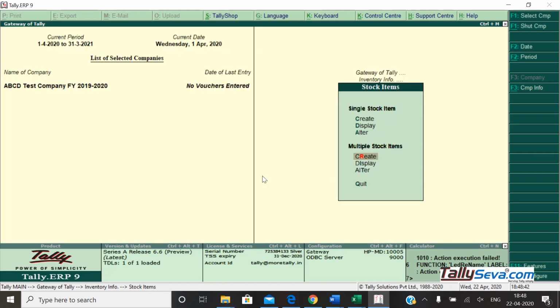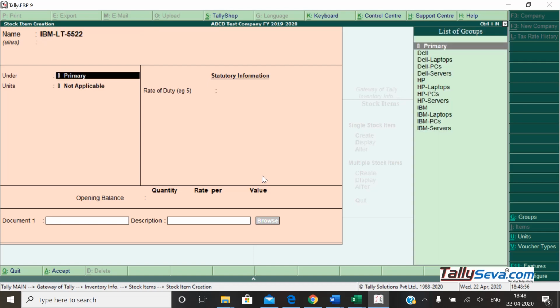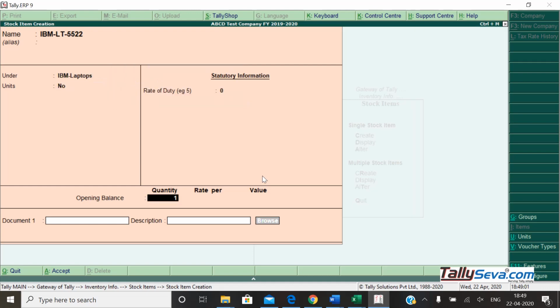Again, come back, go to the creation mode. I recollect the previously typed one. IBM laptops, numbers, quantity 15 numbers, 20,000.